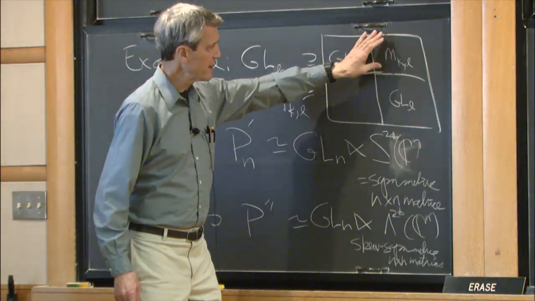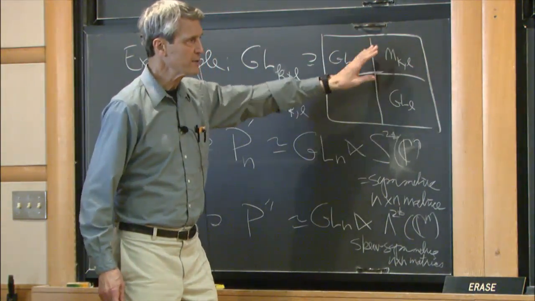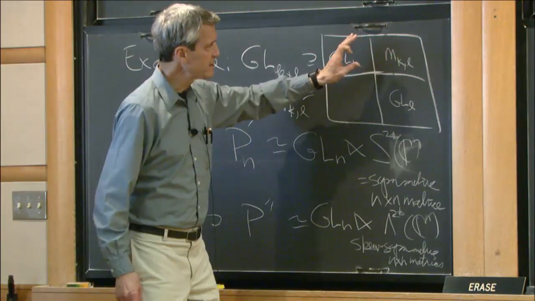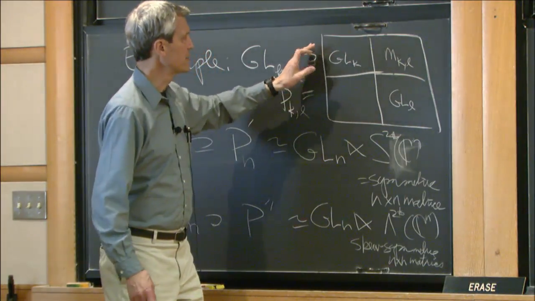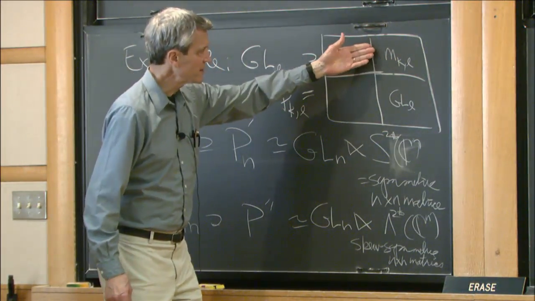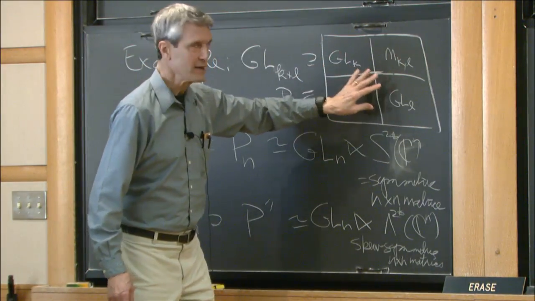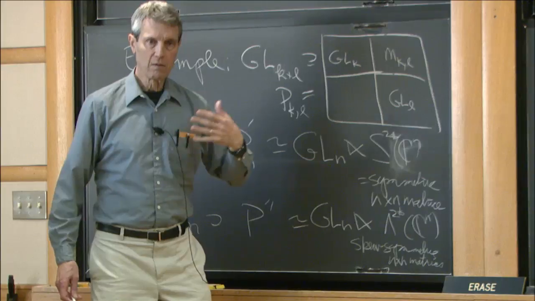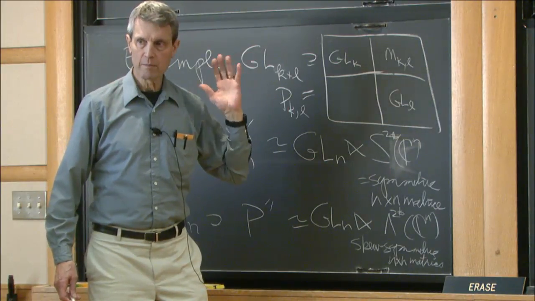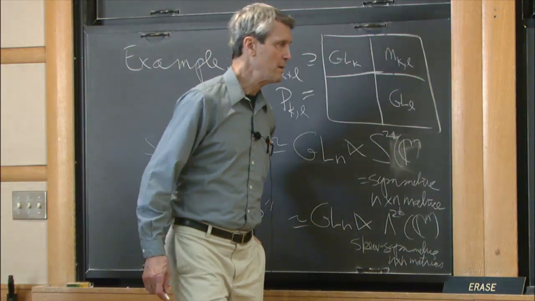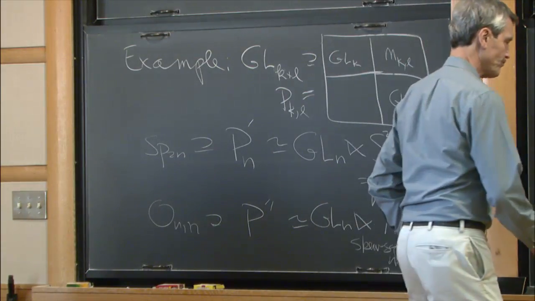It's the characters of a specific rank that intervene, because the rank of a matrix tells you exactly what the GLK times GLL equivalence class of that element is. So